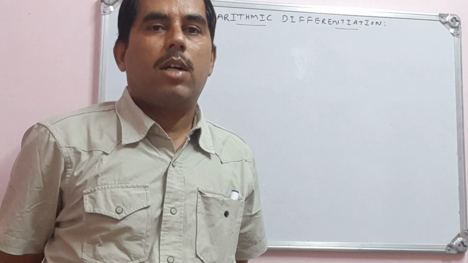Observing all these functions, we see that they are in exponential form. All of these are generally of the form y is equal to u to the power of v, where u and v are functions of x: x to the power of x, x to the power of log x, x to the power of sin x, cos x whole to the power of x. Functions with exponents of the form u to the power of v.